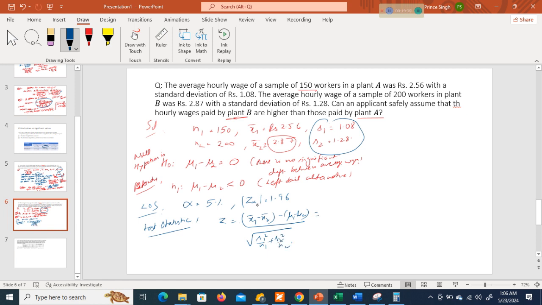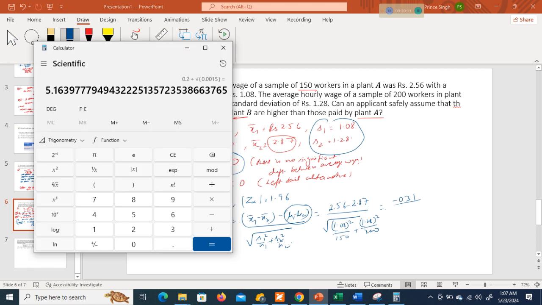So because we are assuming that their population means are same, this value is 0. So x1 bar is 2.56 minus 2.87 upon square root of s1 square, means 1.08 square upon n1, plus s2 square, 1.28 square upon 200. So if we calculate this, this is minus 0.31 upon